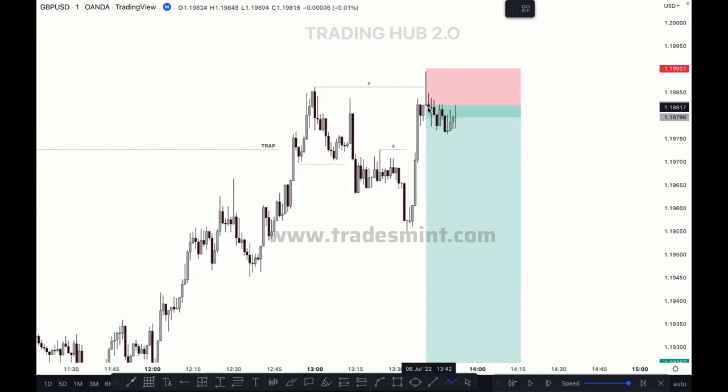One more important thing you have to understand here: the market has taken out this high. After taking out this high, the market moves something like this in a corrective way. Okay, so when the market has taken out this minor structure here, before taking out this low, correct, then we can sell here,